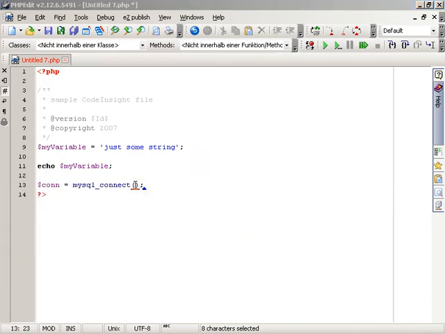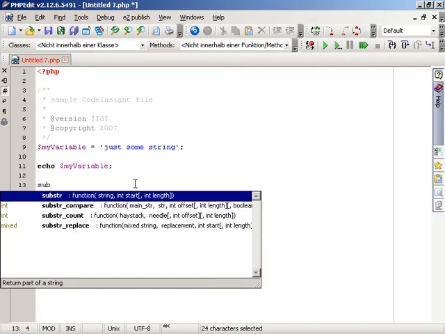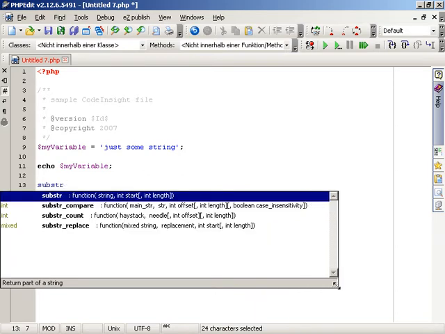You can, for example, choose a built-in PHP function when starting with the word sub inside your code. The Code Insight pop-up will display all matching items from your built-in PHP features, your current file, all opened files, or even all files of your project. If the pop-up is too small to fit your needs, you can simply resize it.